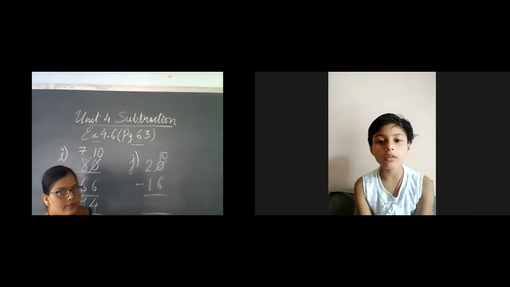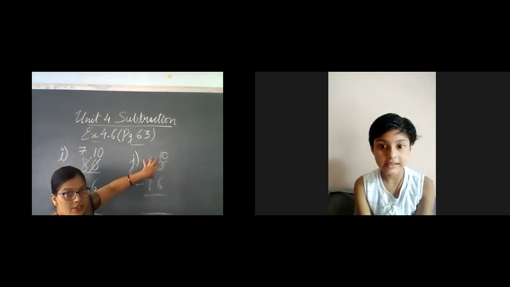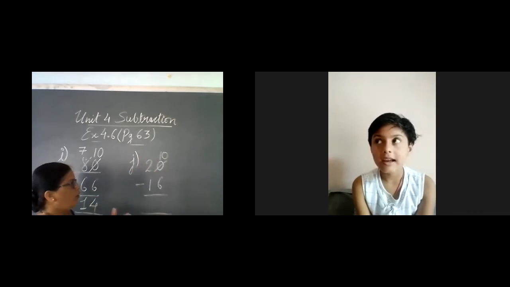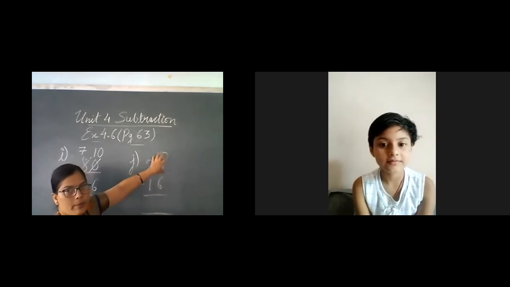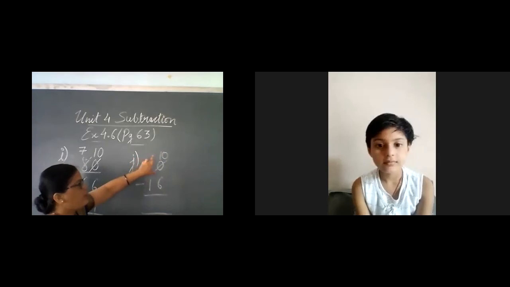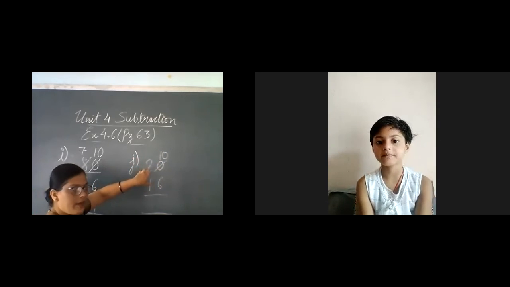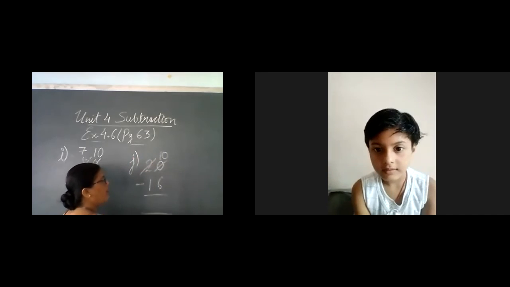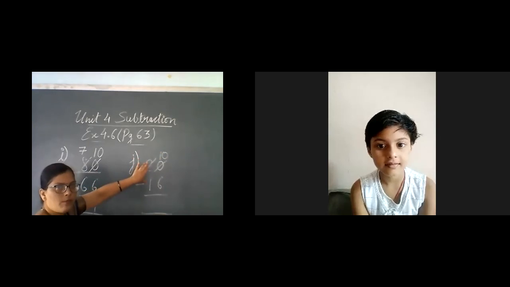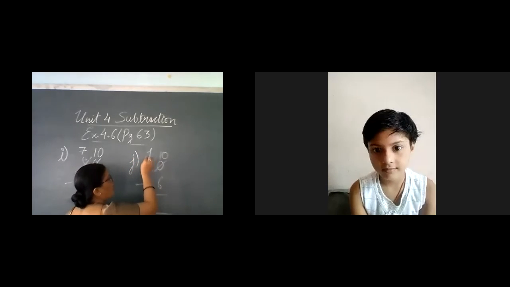No, I'm not asking for the answer. I want to know what will be the change here at the 10's place. When we borrow, you all know now that 0 becomes 10. But what will be the change at the 10's place? We borrow 1 from 2. So when we take away 1 from 2, what is left behind? 1. Cut 2 and write 1 above.